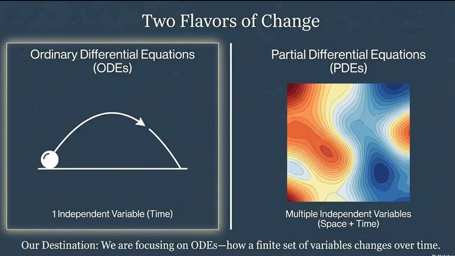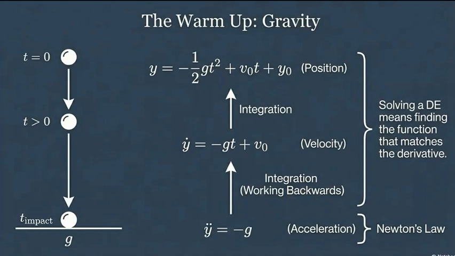The whole reason this specific type of math exists, the reason Newton had to invent it in the first place, is that it is almost always easier to describe how something changes than it is to describe its absolute state at any given moment. Okay, that sounds profound, but let's ground it for a second. Easier to describe change. Give me a real-world example where that's actually true.